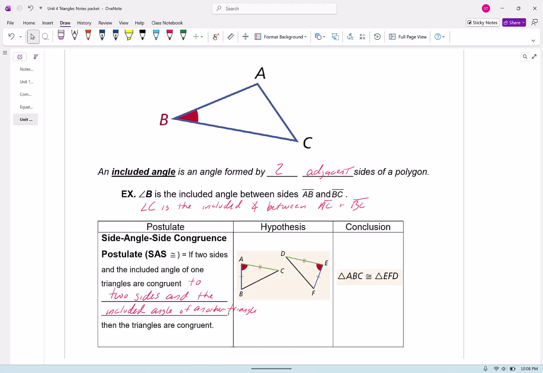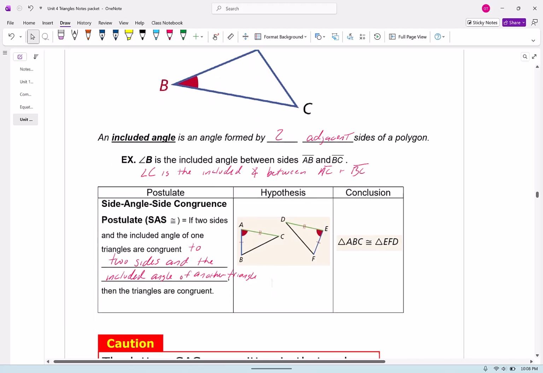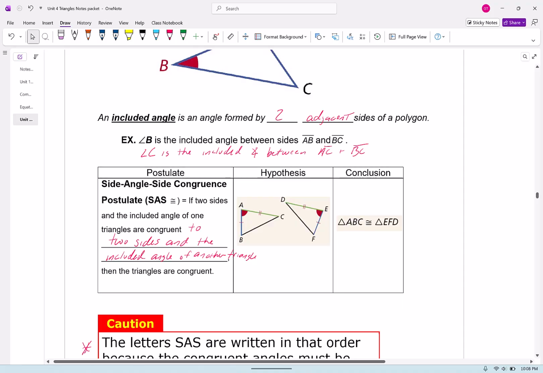All right, so what that means is that we have another postulate that can help us, right? So a side-angle-side congruency is that if two sides and an included angle of a triangle are congruent to two sides and the included angle of another triangle, then they are congruent. Okay, so we can see right here, AB and EF are congruent. Okay, angle E and angle A, and then you got AC and DE. Since those are congruent, we have a side, we have an angle, we have a side, so side, angle, side